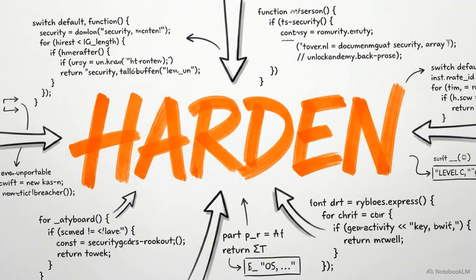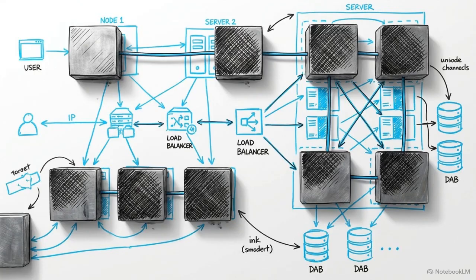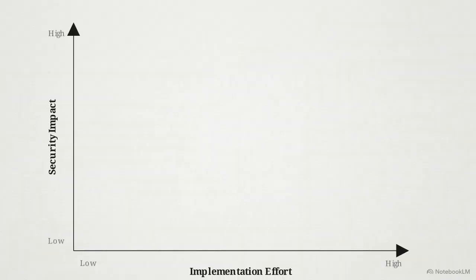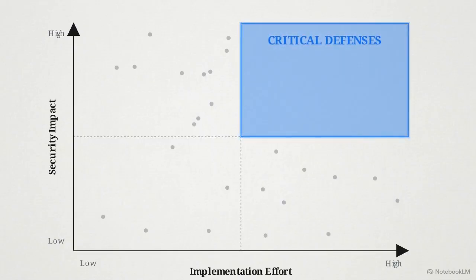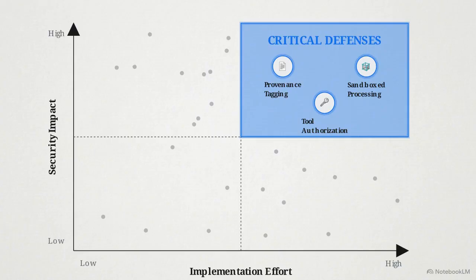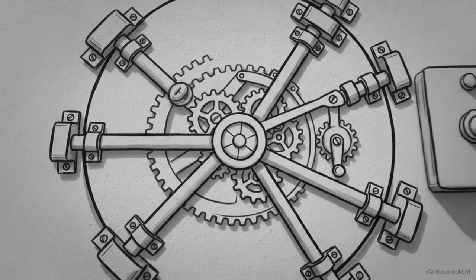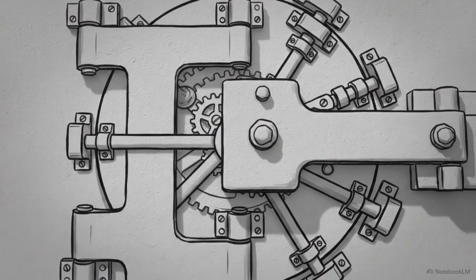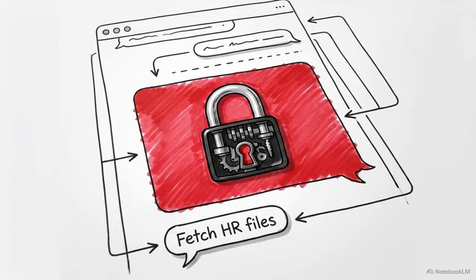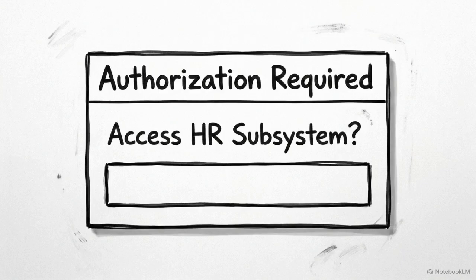Once you've probed and measured the risks, you move to the final phase, Harden. This translates the vulnerabilities you've found into strict architectural constraints. Looking at this quadrant chart mapping implementation effort against security impact, we can prioritize where to spend engineering resources. The critical defenses sit here in the high-effort, high-impact quadrant: explicit provenance tagging, sandboxed content processing, and independent tool authorization. Operationally, this means requiring independent authorization protocols for every single distinct data source the agent attempts to touch. If a user tries to expand a task mid-conversation, the system forces a new approval check. The agent cannot grant itself permission based on a chat log.